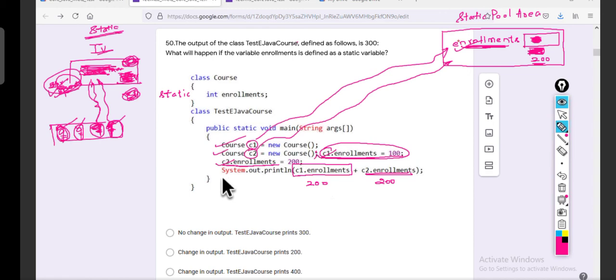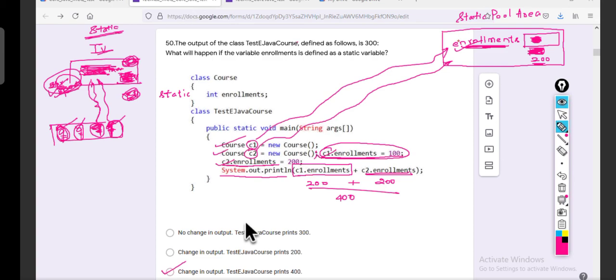Very good. Now observe, System.out.println(200 + 200). What is the output? 400. Yes. Which is the correct answer? The output is 400.